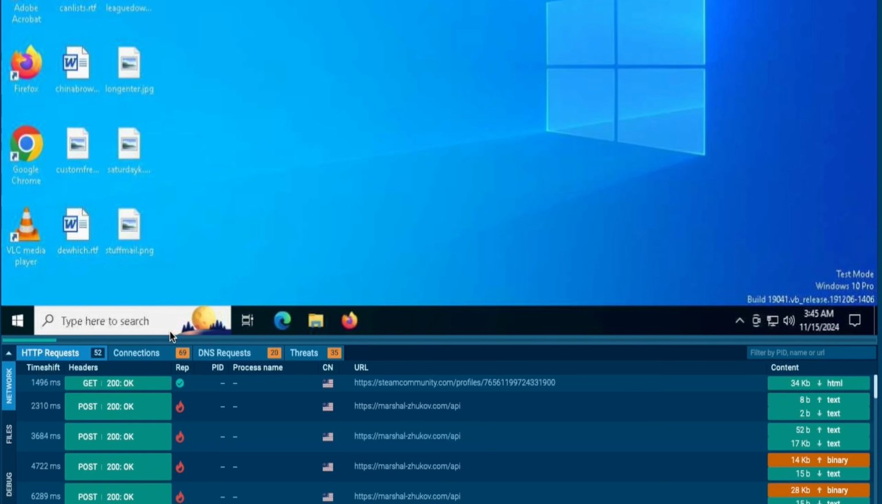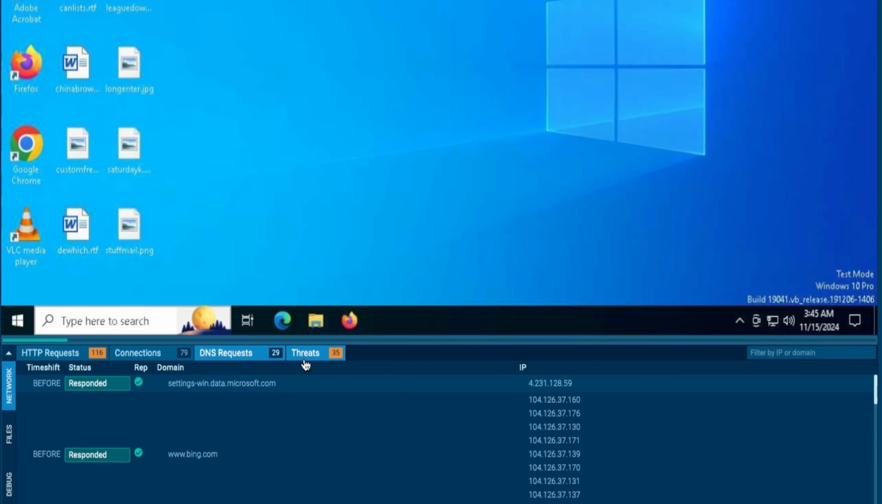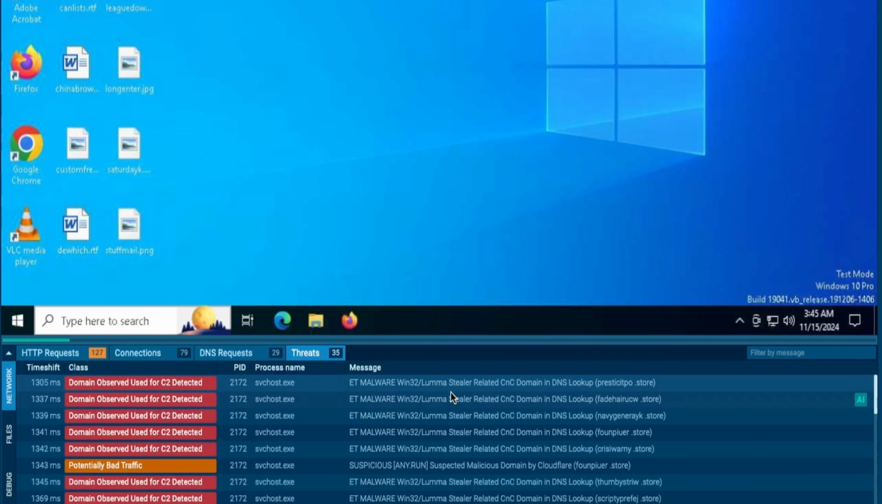Looking at our HTTP requests, we have, wow, 50. Okay, it's going up. We have a bunch of requests. We do have a lot of connections as well, 79, and 29 DNS requests, and 35 threats. We can see here that the signature that was triggered, ET malware, Win32, Luma Stealer related CNC domain and DNS